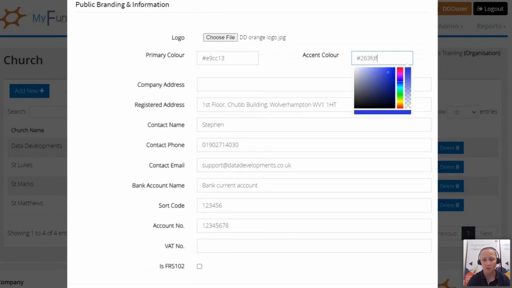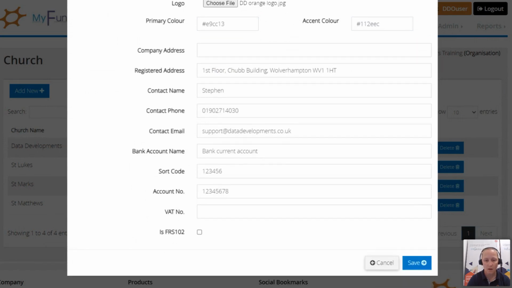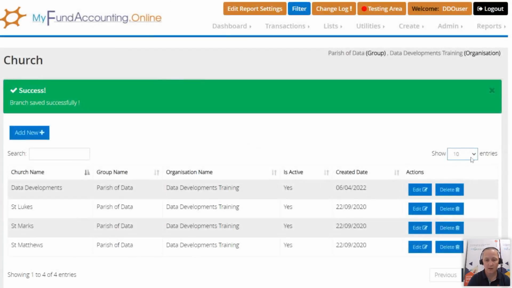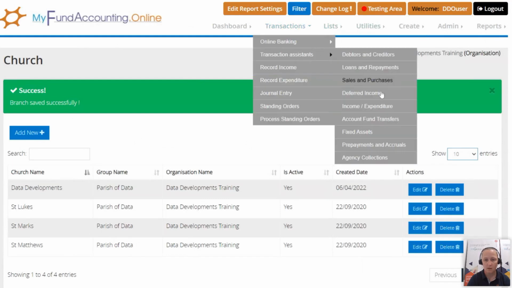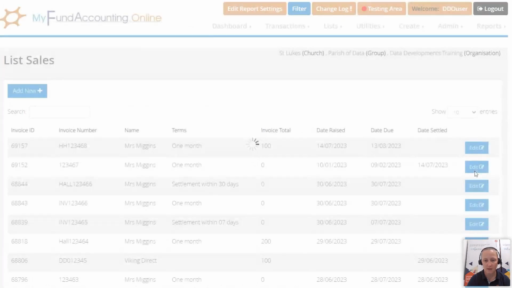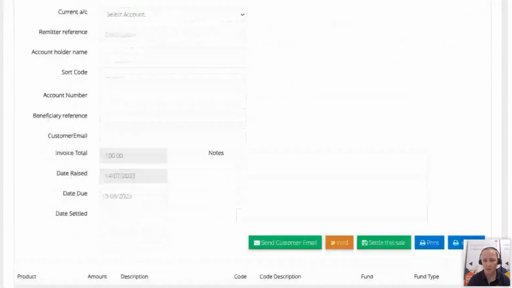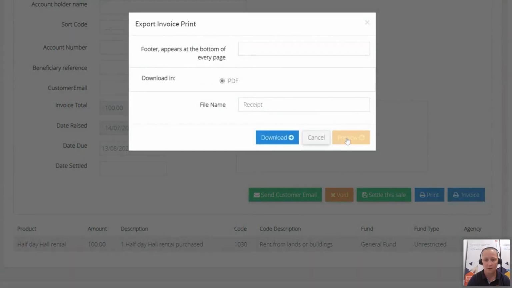But I'm just using two wildly different colours so you can easily see where those are picked up on the invoice. And this is also where you would put in your account name and the sort code and account number, so that for printed invoices, the individuals know where to make the payment to. So if I save that and then go back to the sales and purchases, go back to list sales, and then edit. And if we view that invoice again,